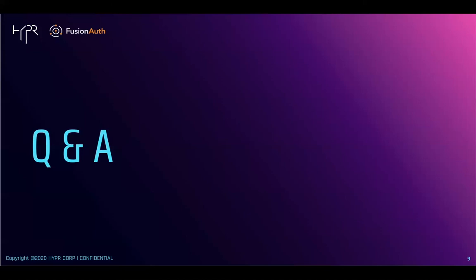So for the next question, can HYPR be used with multiple FusionAuth applications, even if I need to provide different HYPR configurations per application? And Dan, I know you showed that earlier. I don't know if you want to expand upon that. Yeah, so I mentioned that briefly earlier, but basically the way it works is that every single application that's created within FusionAuth, I think we've overloaded the word application here, to be honest with you, but every application that you create in FusionAuth that is something that a user can sign into